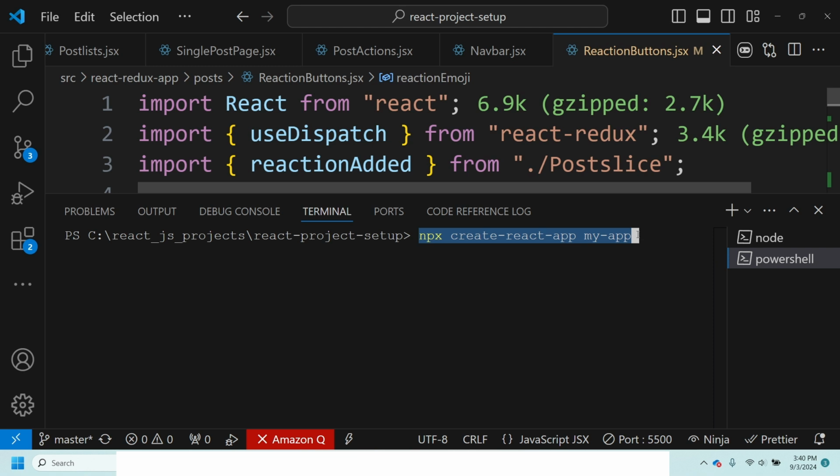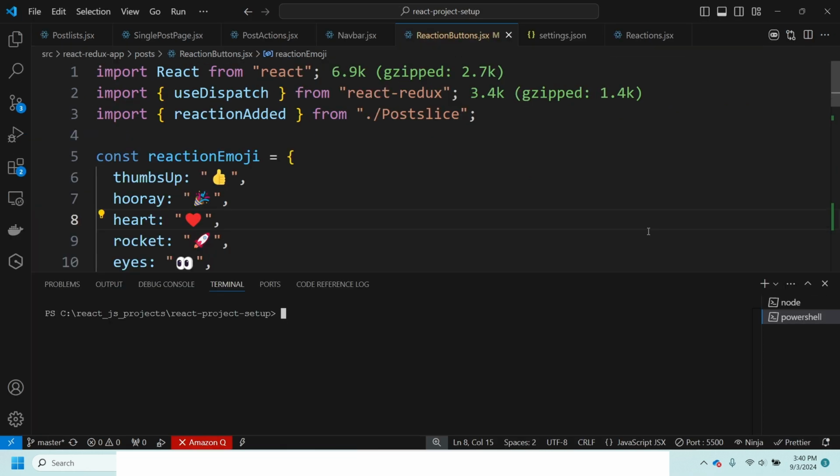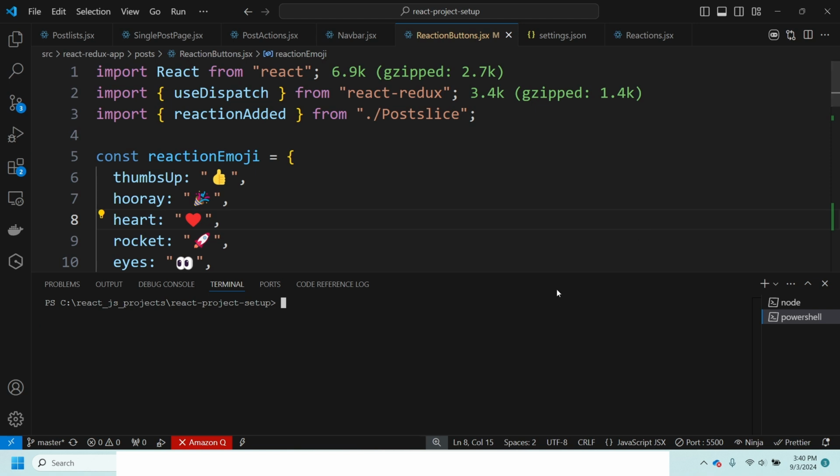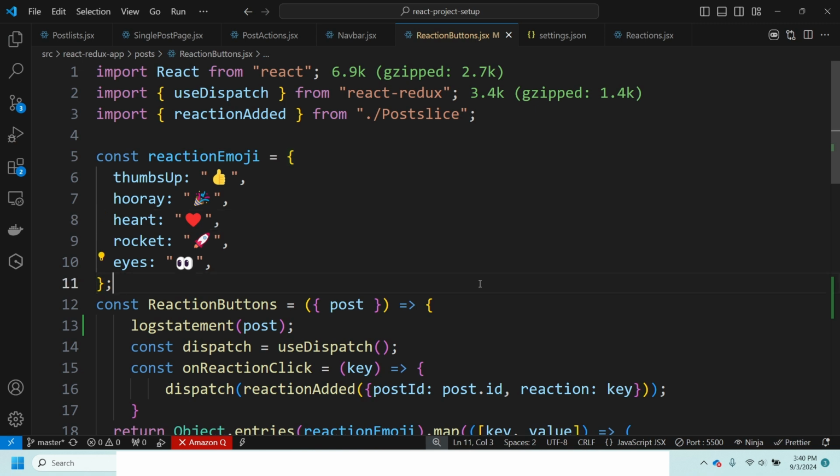I have already created one React project, so I'm not going to run this. Okay, this is about creating a React project. Now the thing is, once you are done with creating your React project, to configure the debugger,